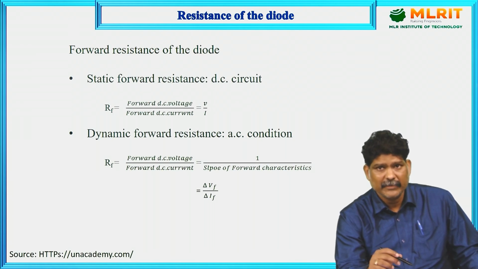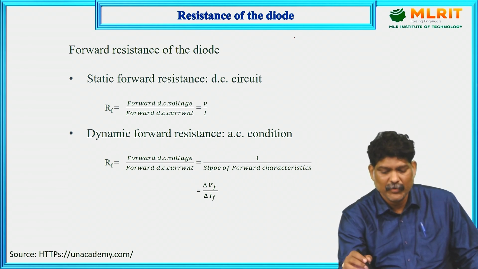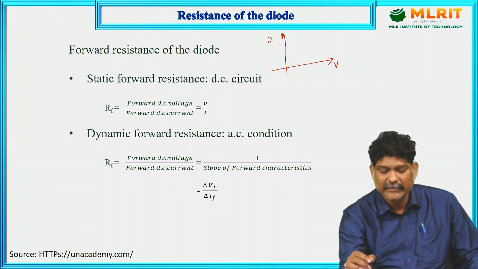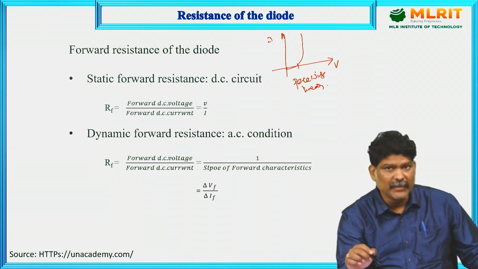Forward resistance of the diode. Forward resistance of the diode means when diode is connected in forward bias. So, when diode is connected in forward bias, what is the characteristics between voltage and current? It is a non-linear characteristics. We can also call it piecewise linear. This is called piecewise linear characteristics. Okay. So, in this case,